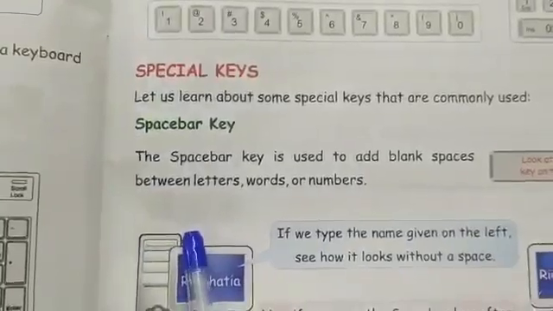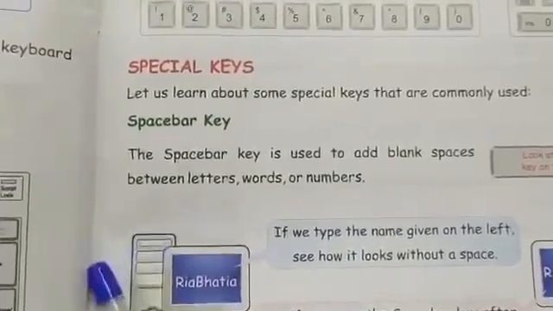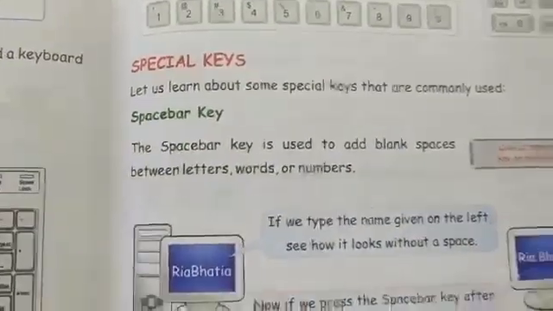Number 1 was the space bar key. Space bar key, as you can see here on the keyboard, it is present in the last row. Keyboard के सबसे नीचे स्पेस बार की होती है and it is the longest key on the keyboard. ये सबसे बड़ी की होती है and rest of the keys or buttons, they are small in size.